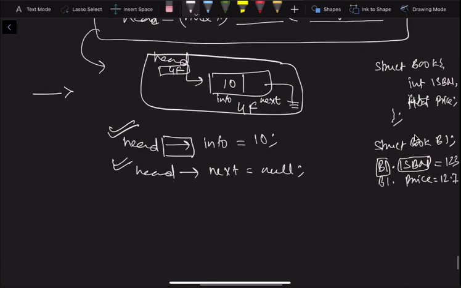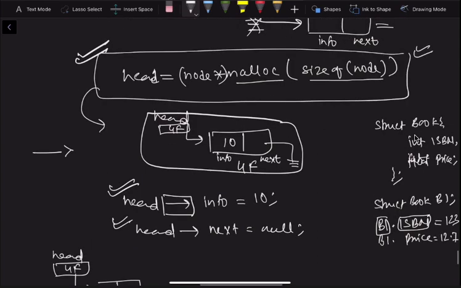See here. So the scenario right now is this: 10, null, head, and this is 4f and this is 4f. This is what you have right now. You wanted to create a new node. So by using this line, if you create a new node,